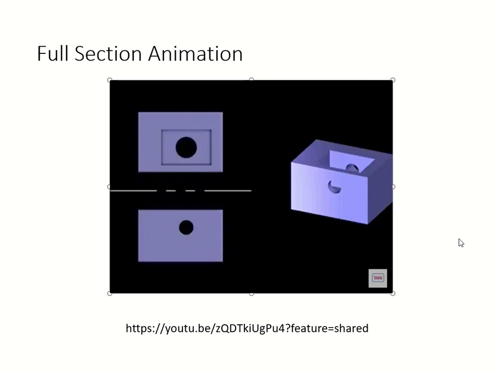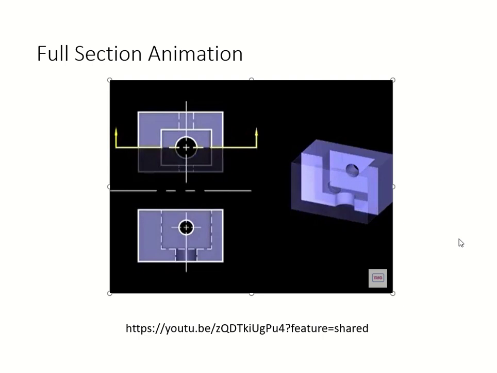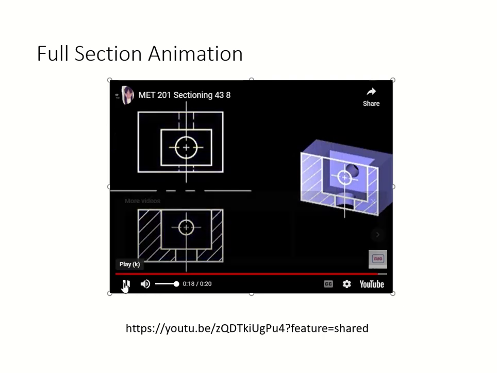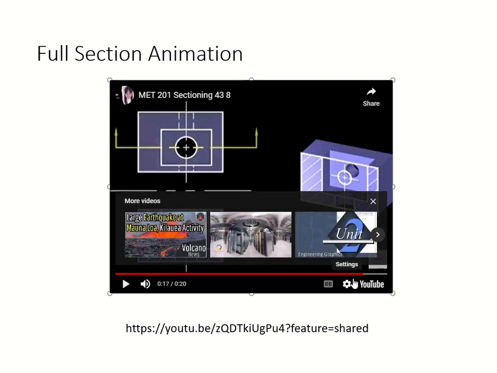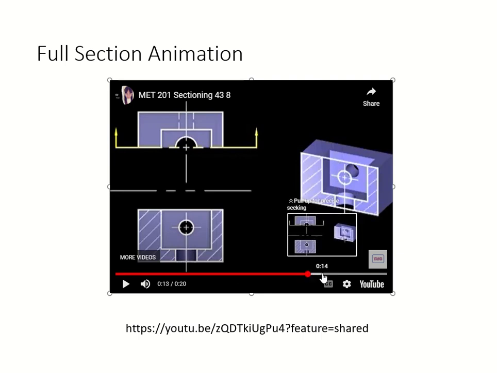Your full line, your front and top view, we put our internal features with the hidden lines. There's a cut plane, cut it down through the hole. Let me stop here and drag it so you can see. We cut it down, and a visible line replaces the hidden line, because now we can see the internal features. Then we put our crosshatch, which is these little 45 degree lines right there, repeated,